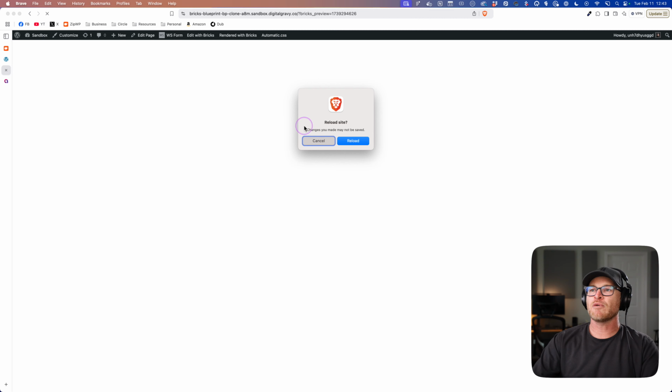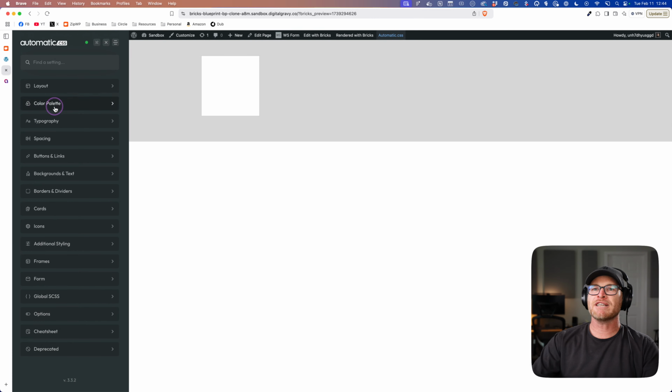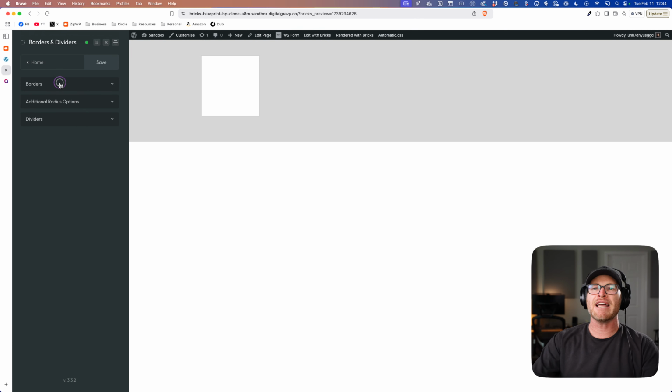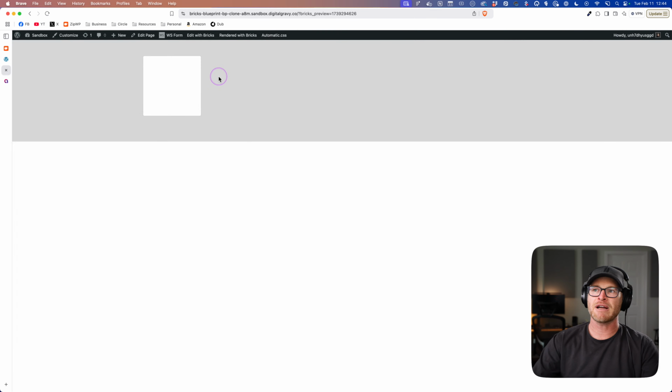Okay, we're going to look at this on the front end. You can see that there is a light gray border on that card. This is going to bring us into the territory of borders and dividers and the border framework, right? And while I'm here, by the way, let's go border radius of radius, save, okay? Let's go back to the front end.